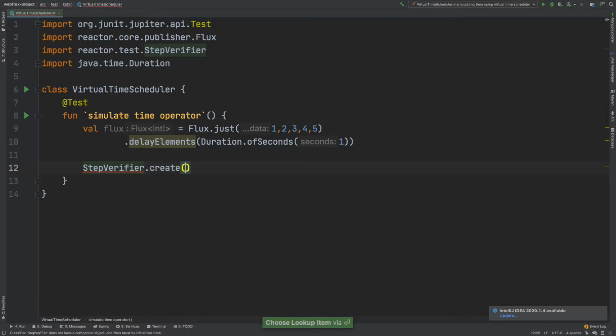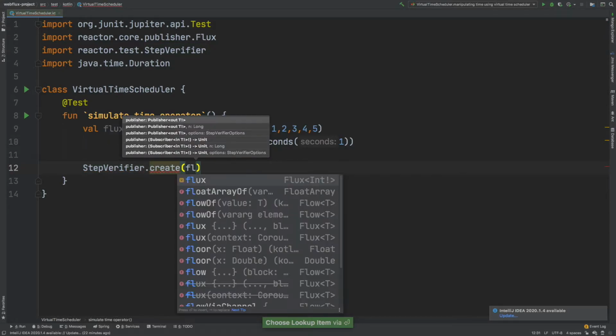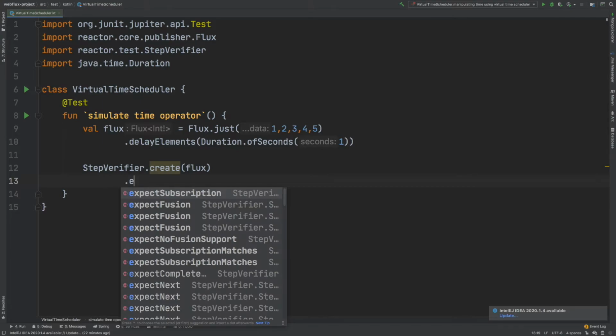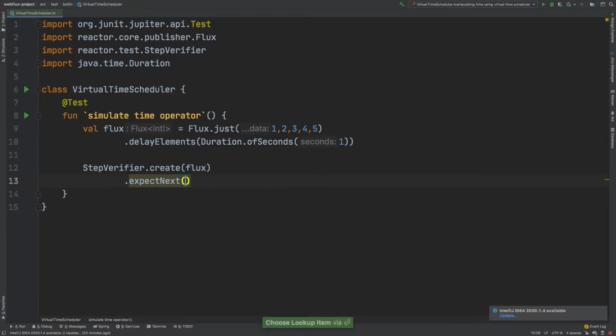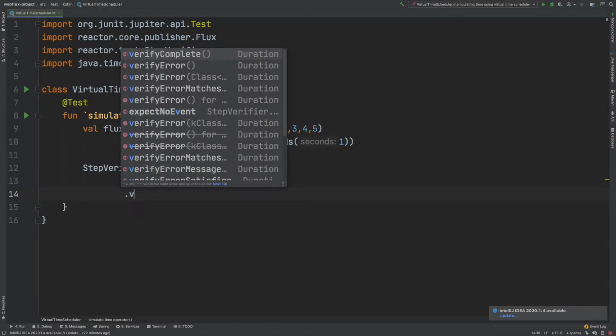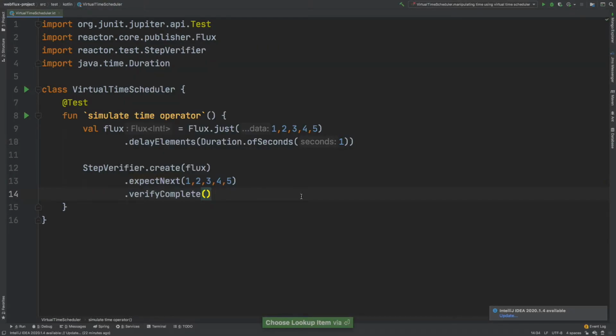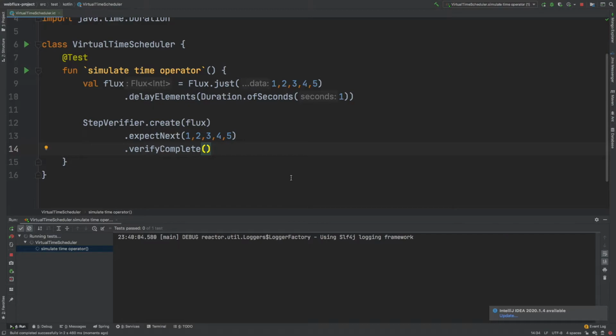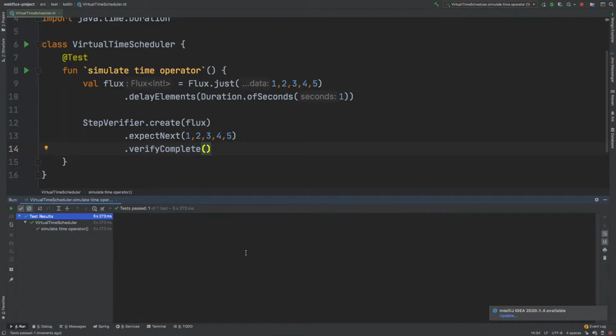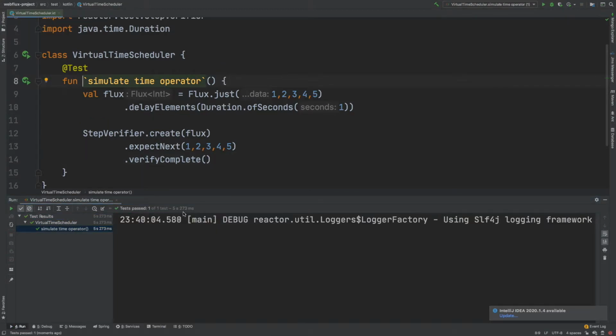I'll pass this flux and then I'll expect the next elements to be these 5 elements, 1 2 3 4 5, and then I'll call verifyComplete. First we'll run this example and we'll see how much time it takes. If you see here, it takes around 5 seconds.